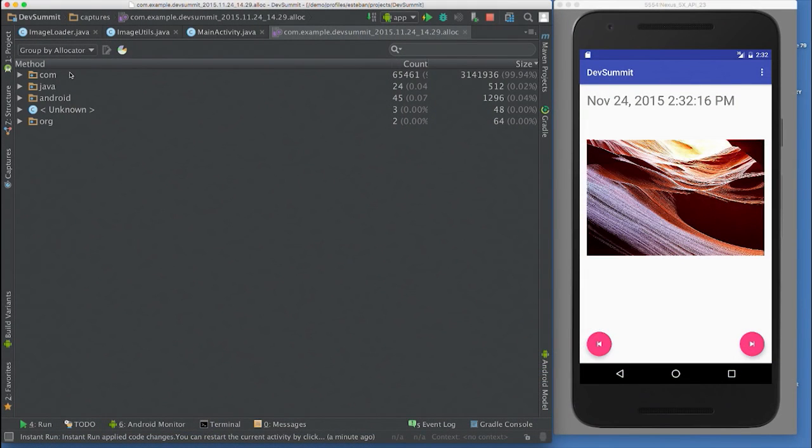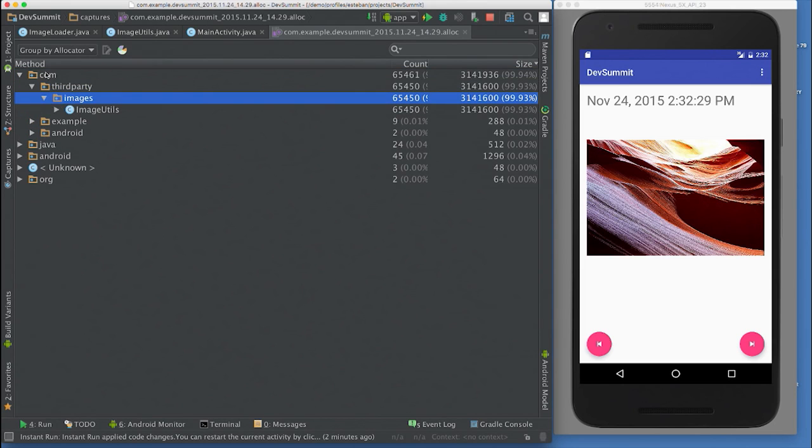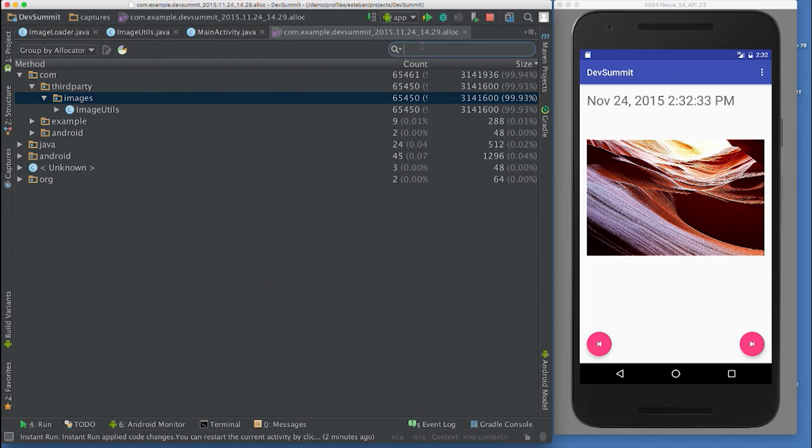When you do this, instead of using the call stack as the guide to group the allocations, we use the package names. So here, like I was saying before, you can see that com third-party images was the package that was doing all the allocations. Not helpful at all. We have a box here where you can specify the package that you want to highlight. So if there's an allocation that goes through many things, but you want the last thing to be one of your package, I can put com.example, which was my